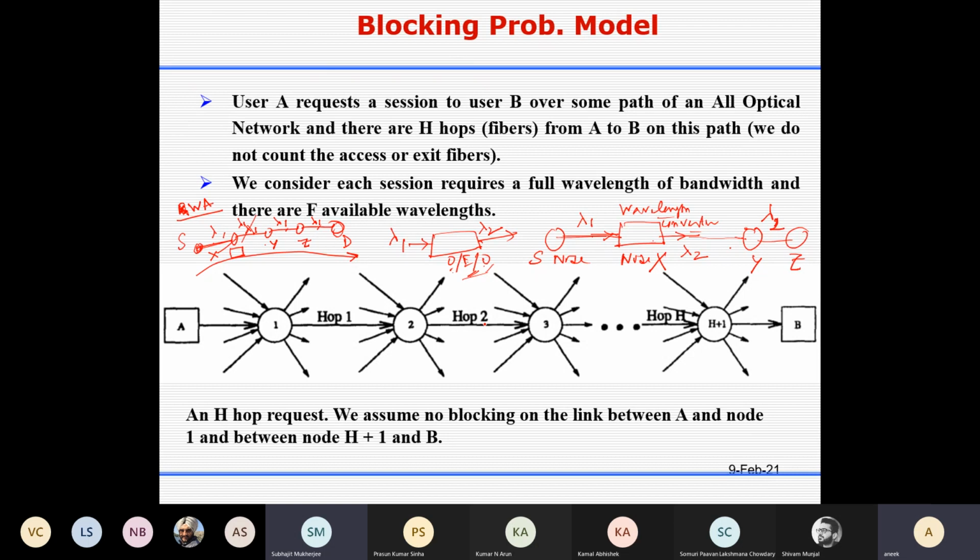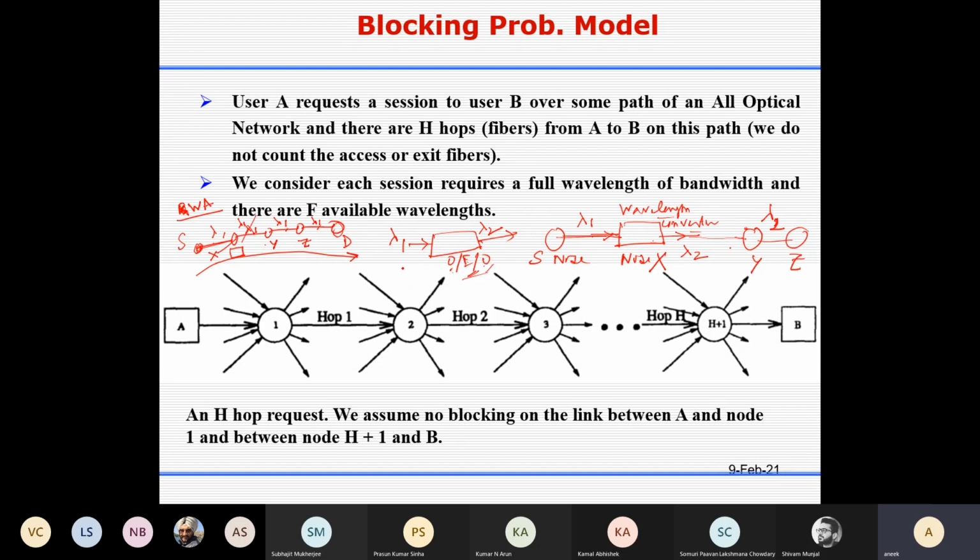But if you want to process them, one thing is there: you get electrical current from the optical signal.